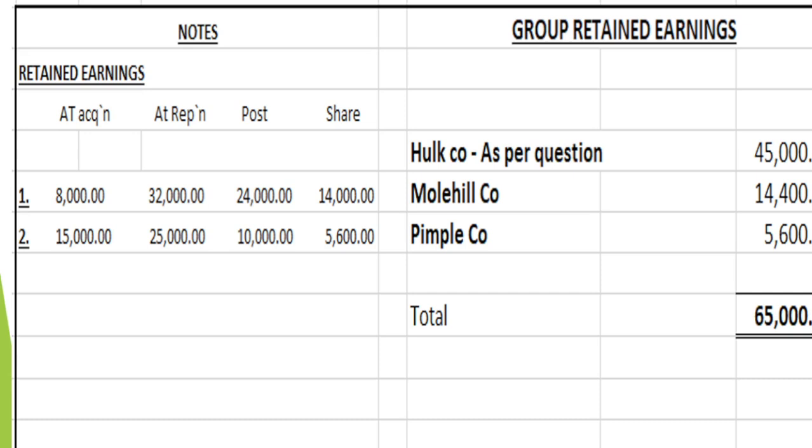When you add all these three, remember this figure should only appear once as the group retained earnings. It is supposed to appear only as a block figure, not separately. You can show this in calculations, in workings, but when you're preparing the consolidated statement of financial position, this figure only appears as a block figure. That's all. So that's the 65,000 we are getting there. So from here, you'll now be able to calculate the NCI, because